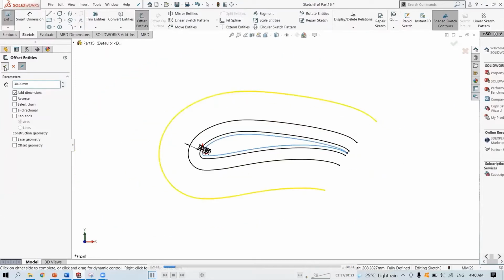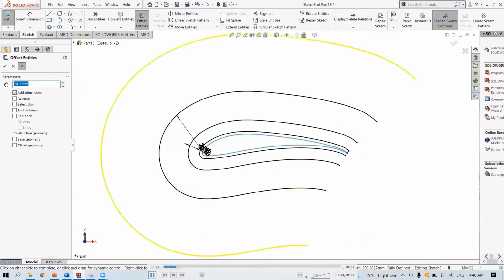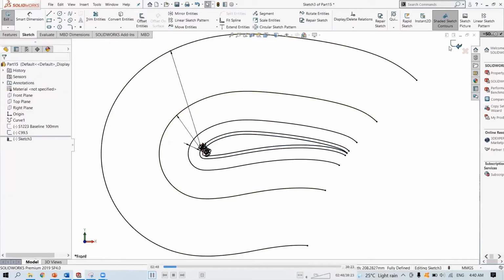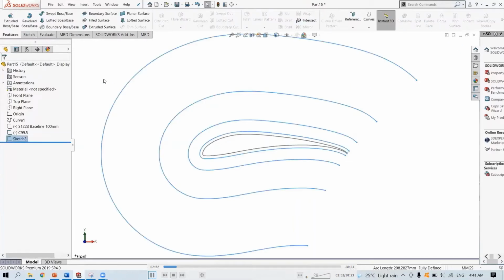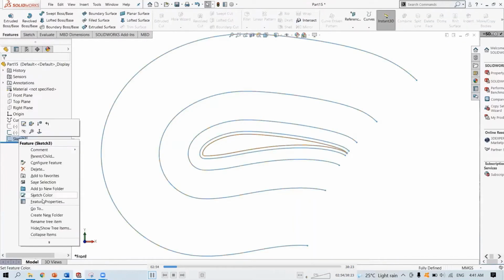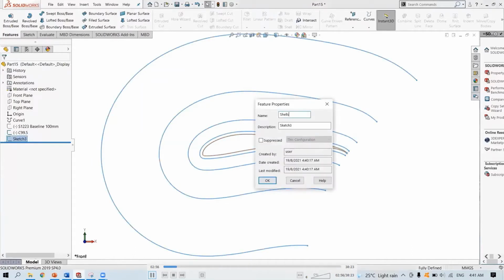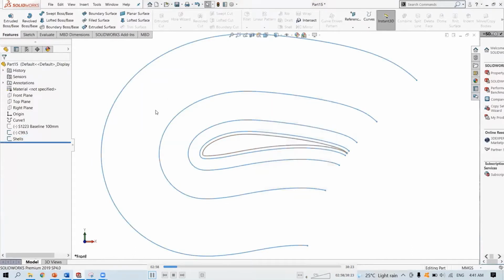And maybe, let's try 70 for the fourth. Okay, exit the sketch. Just rename this as shells. Okay, front plane again.